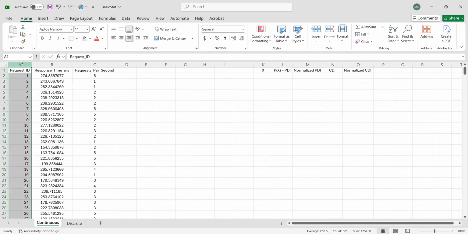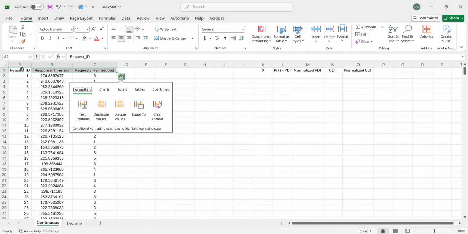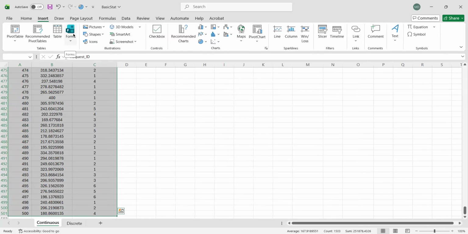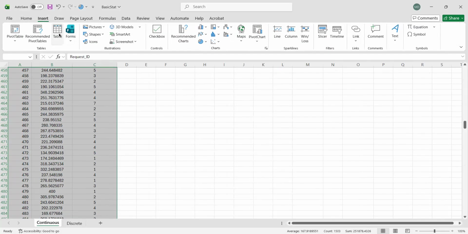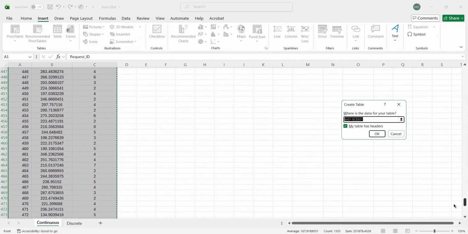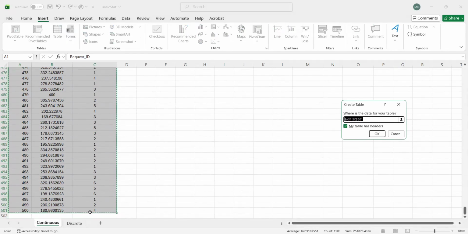But if you want to sort it according to response time, I think it will be best to format this as a table first. So highlight the entire data set and then go to insert table. Although there are shortcuts for this, this is the manual, beginner way to do it. We are asked if we have the correct range, from A1 up to C501. Let's see if we have until C501. As you can see, our data set goes until column C, row 501. So enter.